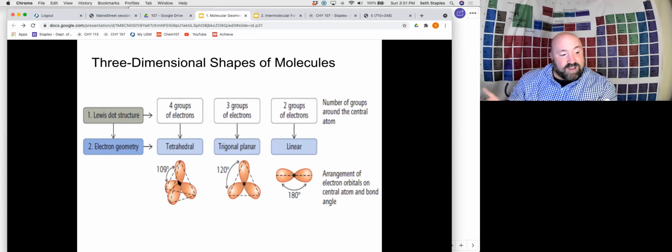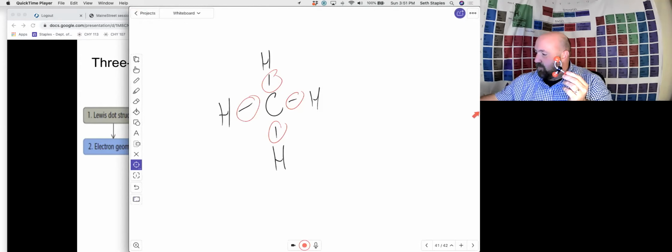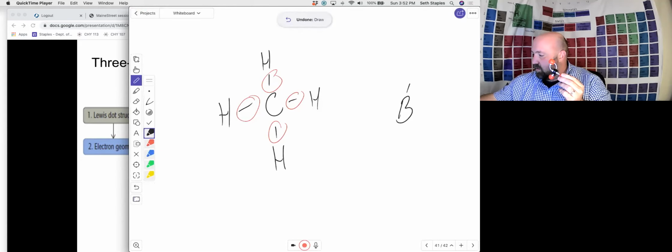Let's say we have 3 electron groups only around our central atom. And so this would be an example here. So there are just 3 electron groups around our central atom. And so maybe this would be, for instance, if we have BF3. So if you do out the Lewis structure for BF3,